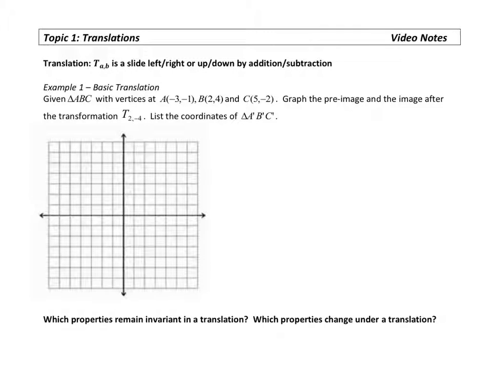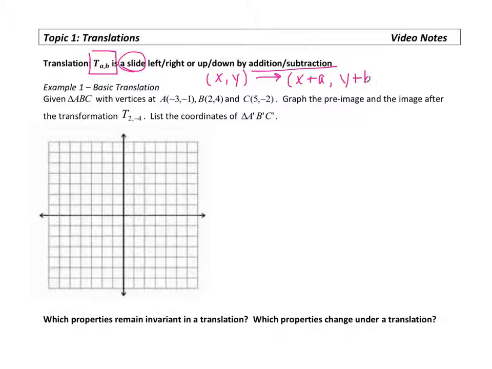This video will cover translations in geometry. A translation is represented by the notation T subscript a comma b, where it's a slide left, right, up, or down using addition and subtraction. So our rule here would take x comma y, some point, and map it onto x plus a comma y